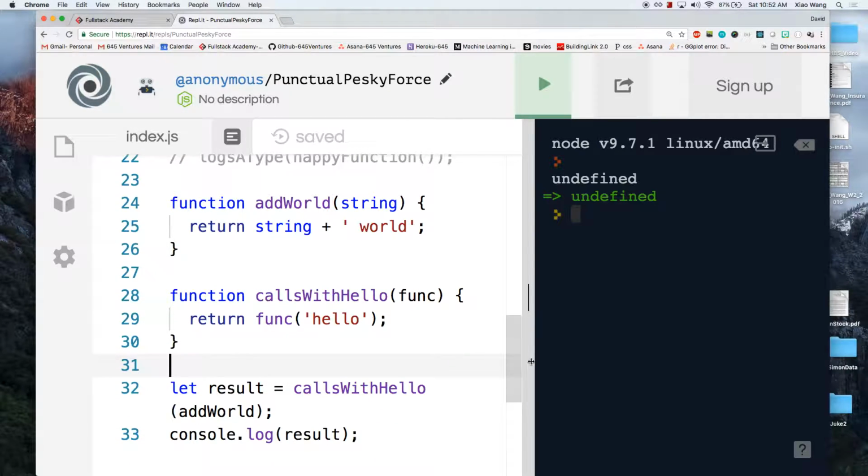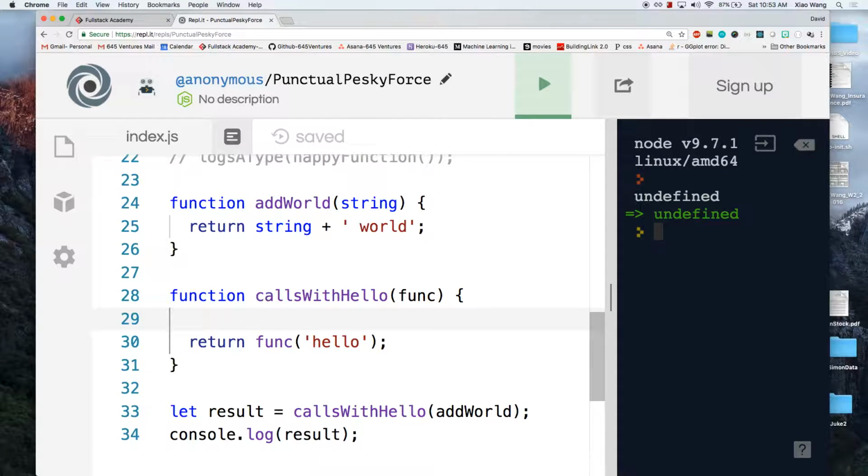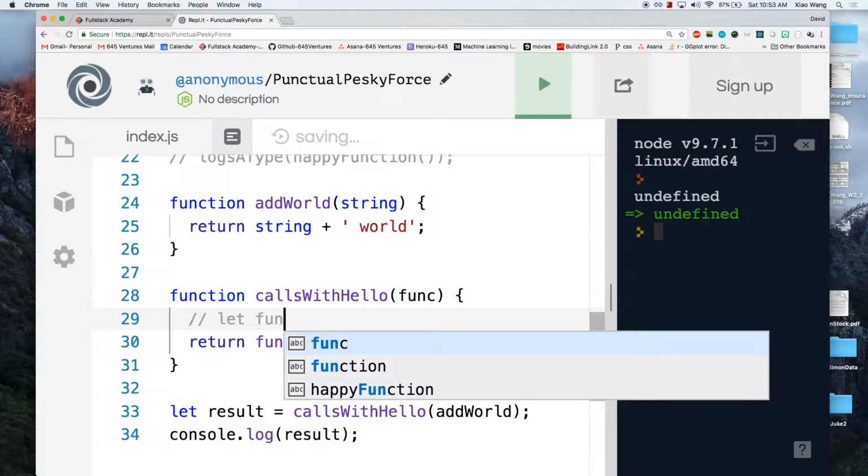All right, so if this is a function that we're running here, I go from lines 24 through 30, and up to here nothing really happens, right? Then on line 32 is the first time where we actually start executing a function. In this case, we execute calls with hello, and we pass in this add world function. This basically means that between lines 28 through 30, it's the same as saying let func equal